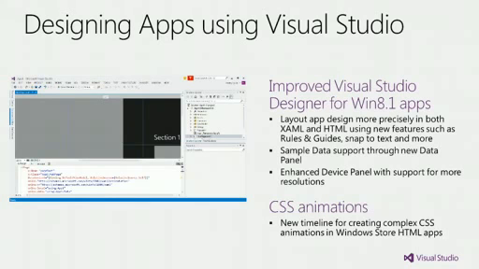Including things like some great new sample data support through a data panel that enables us to see test data in line. Of course, because Windows 8.1 enables us to deal with more resolutions, we've enhanced the device panel to enable us to run to those resolutions. And with regards to HTML and CSS, we've got a new timeline for animations within Windows Store HTML